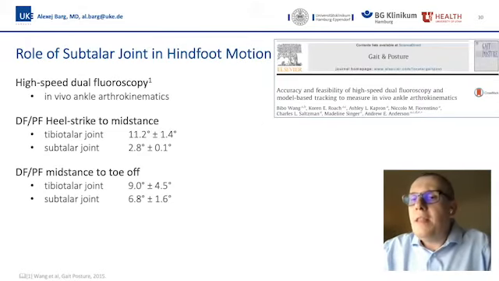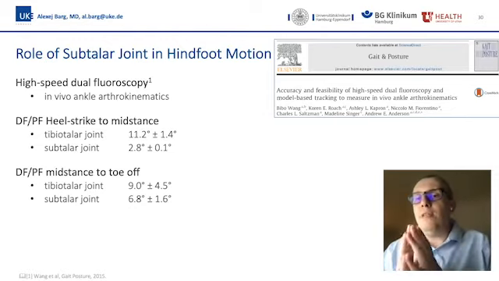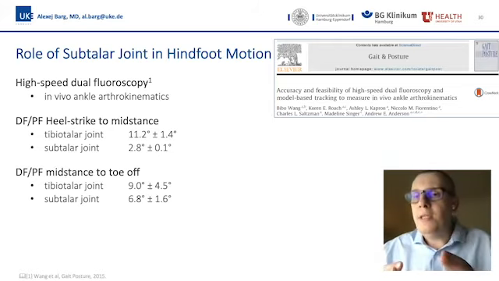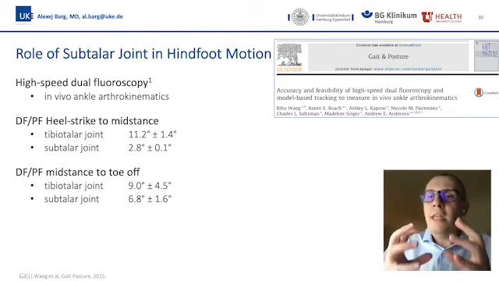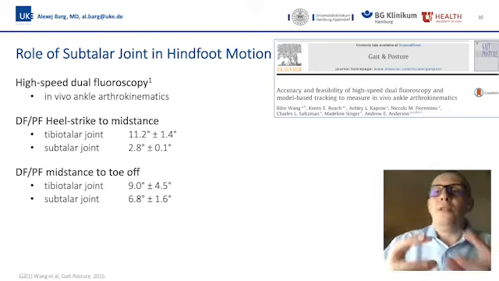Very interesting, and this is the last part of my talk, the role of the subtalar joint in hindfoot motion. This study has been performed using dual fluoroscopy. So the patient first gets a CT scan, then the patient walks between two fluoroscopes, and this 3D model from the CT scan will be transferred to the imaging which you get from fluoroscopy. It's extremely time-consuming